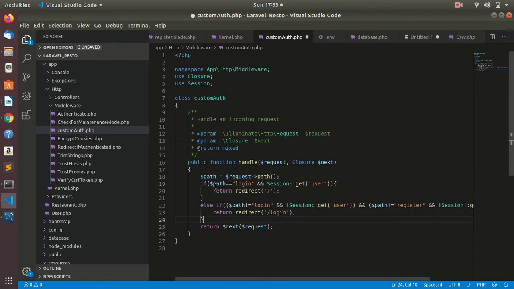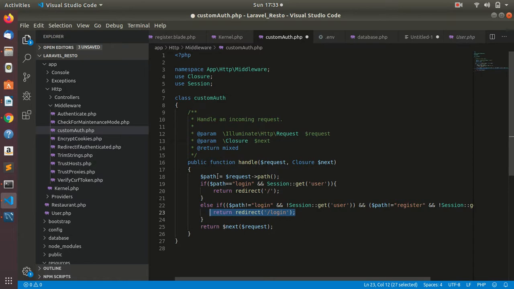See, if the path is login, that is the user is trying to access the login route, and the session is also set, meaning the user is logged in, he should be redirected to the home page. Because if you are already logged in and you try to open the login path, you get redirected to the home page, because you cannot access the login page. And if you are not logged in and the session is also not set, then you will automatically be redirected to the login page.